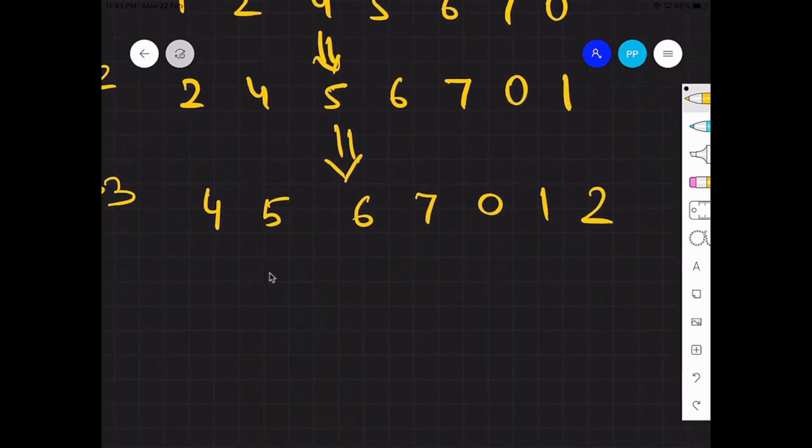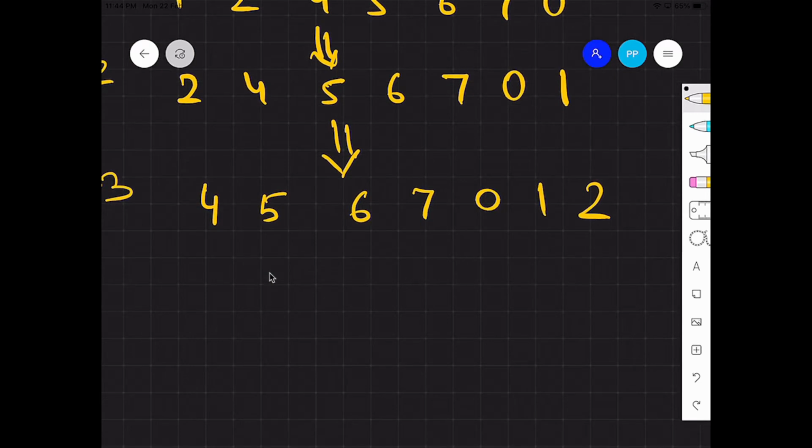Now what is the property that we can see here? By looking at this we say this array is still rotated but at a different pivot point. So if we break this array into two parts, this is one part, this is another part.